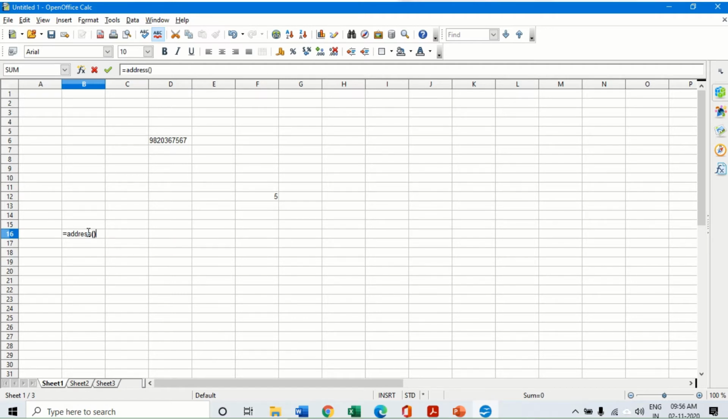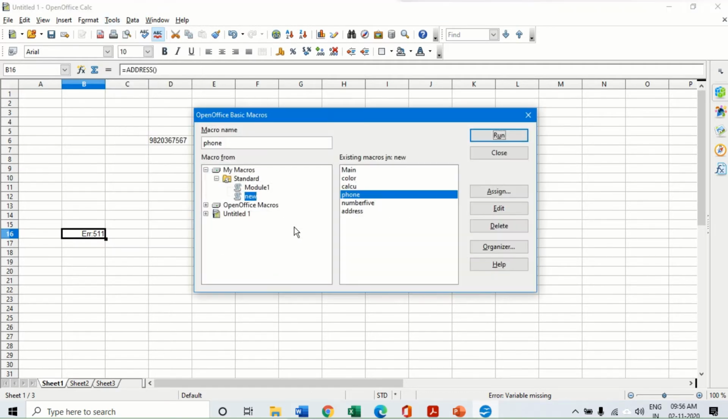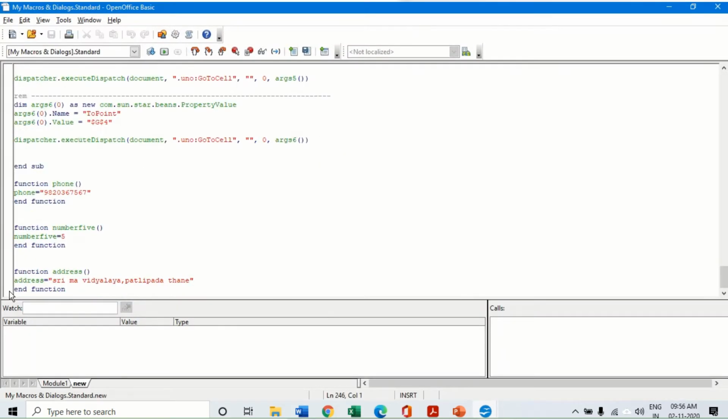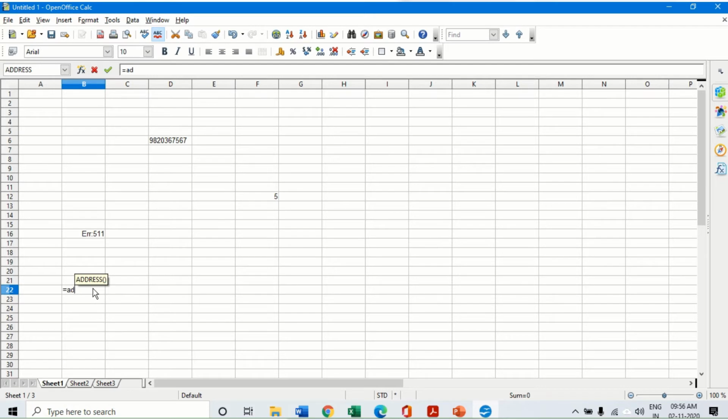open and close brackets, an error comes because of the name of the function. I think address is a reserved word. Yes, address is a reserved word, so I can make this as ADRESS. Okay, I'm just saving it. Instead of ADDRESS, I'm just giving it as ADRESS. So ADRESS, and yes, see. So here the address is called, we've called the function called address, and it gets displayed over here.